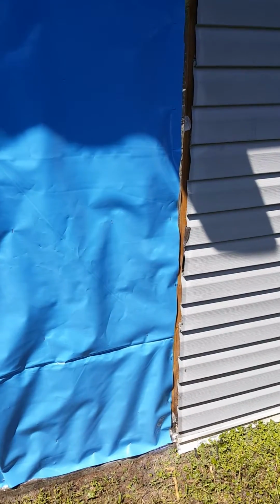We got it all sealed in. When we get the other installation in the vinyl, the homeowner will do the rest of that. But we got this all caulked together. What